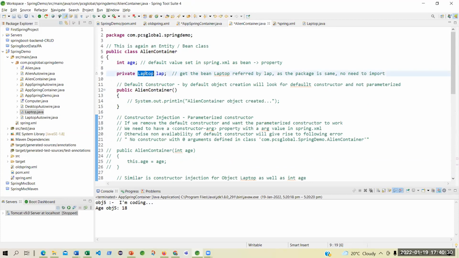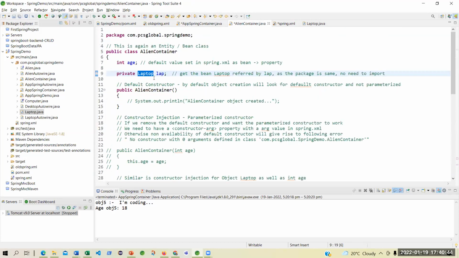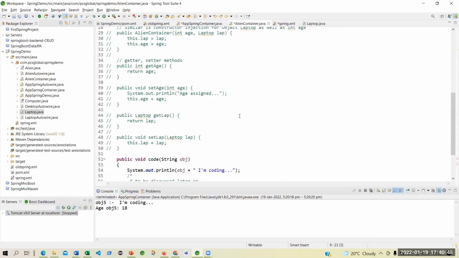It is not calling another. It is declaring another entity bean, laptop, yes, sir, and given it a reference by lab, yes, and it is using the lab.